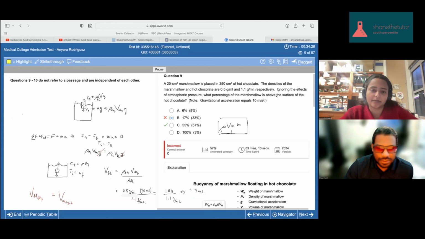So that's why it's the 55%, but they could have made this a 45% answer choice, and I think that would have been a good way to trick you because what they're asking for is above the surface, right? But it's easy to make the mistake of putting in the answer that is below the surface. So that's the way that they could have made this harder.